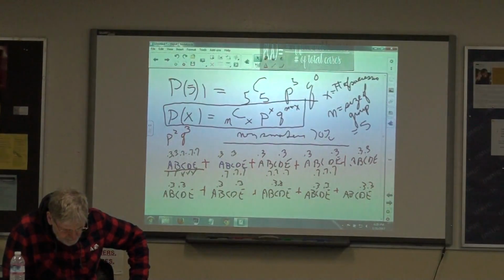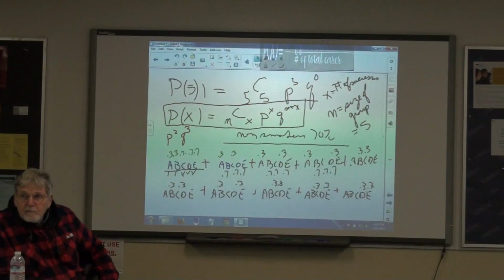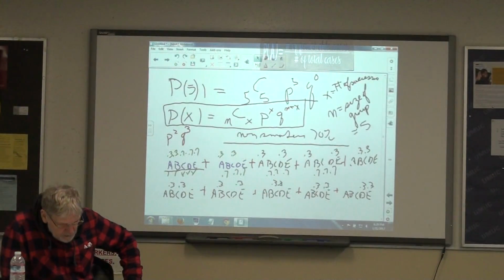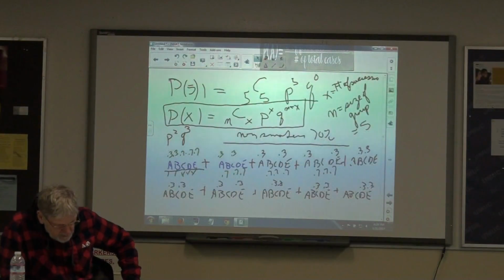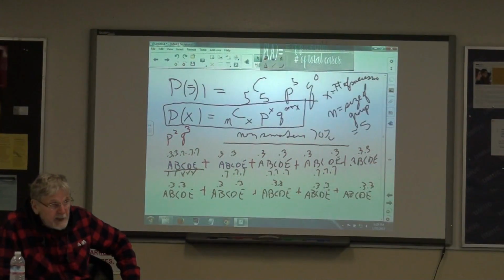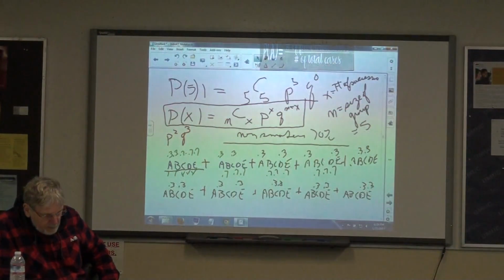Now, we want to know the probability that the first 2 guesses are wrong, and the third is correct. So we know how to calculate probability. It's probability of A times the probability of B times the probability of C. So that means we have WWC. So now what's the probability of W? 0.8. Times the second W, another 0.8, agreed? Times the C, a 0.2. So what's the probability of getting a 0.8, 0.8, 0.2?